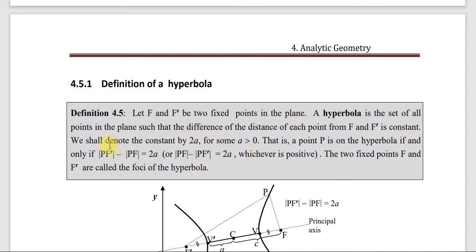አሁን ኢሊፕስ ላይ the sum of ነው የሚለን አይደል? The magnitude of pf prime plus the magnitude of pf which is equal to twice of a ነበር የሚል በኢሊፕስ፣ whereas in hyperbola the difference ነው የሚለው። Okay, so the two fixed points f and f prime are called the foci of the hyperbola እንላለን ማለት ነው። ስለዚህ በዚህ way ሃይፐርቦላን ዲፋይን እናደርጋለን። ጂኦሜትሪክ ዴፊኒሽን ኦፍ ሃይፐርቦላ ይህን ይመስላል ማለት ነው።